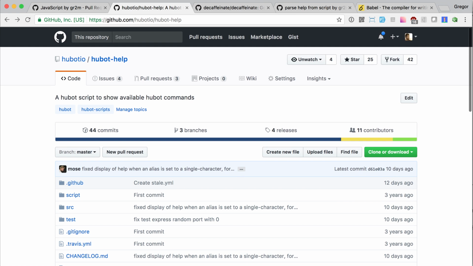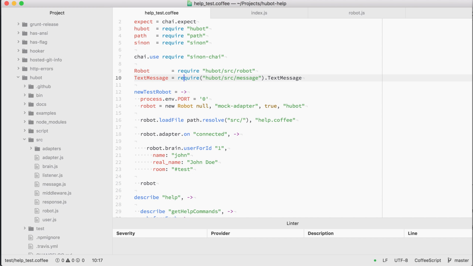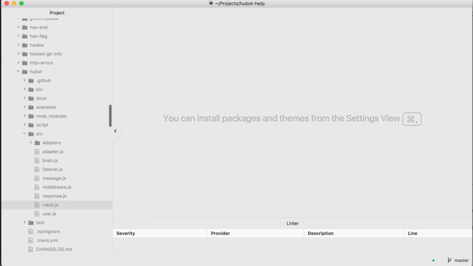Because it's pretty simple, and then people can use it as an instruction to help out with converting the other scripts and also their own scripts and applications. So before we start, we need to adapt a few things. So here in hubot-help,